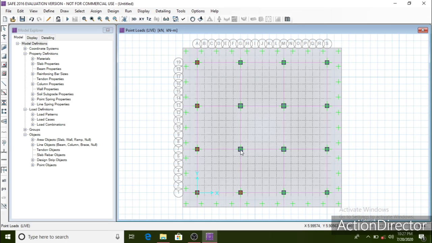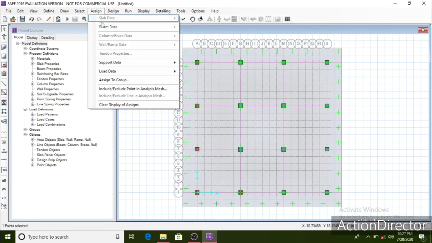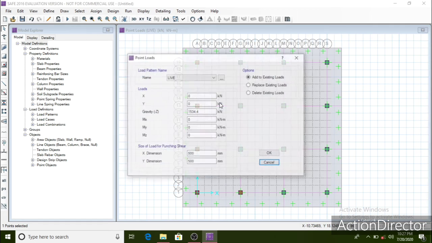Now select the column number 6. Assign the load data for the column number 6.